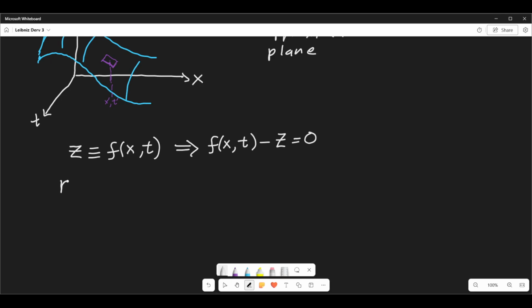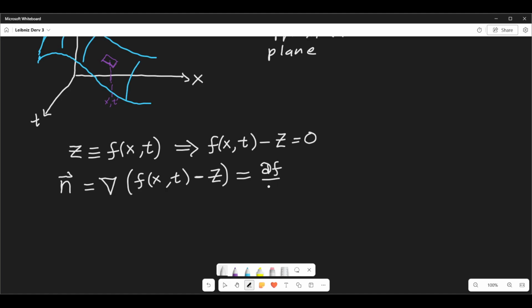So this normal vector n is going to equal the gradient of the function of x comma t minus z. And this in turn equals